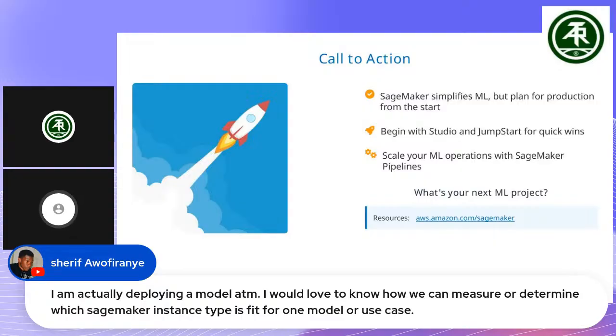One thing I know, like I said earlier, is that your model size is very important. If I don't know your model size, it can be challenging for me to propose the kind of instance you can use, right?